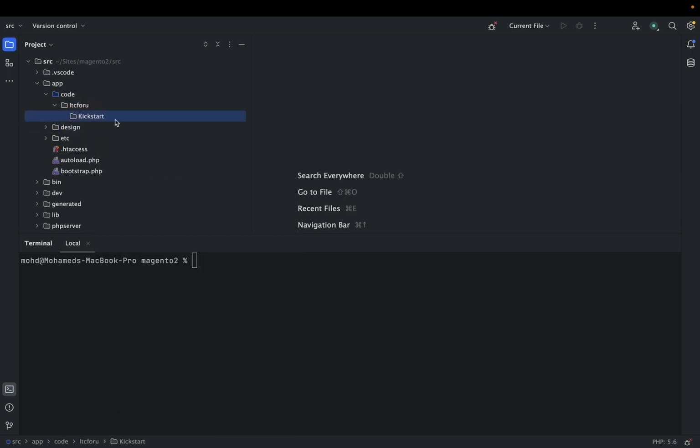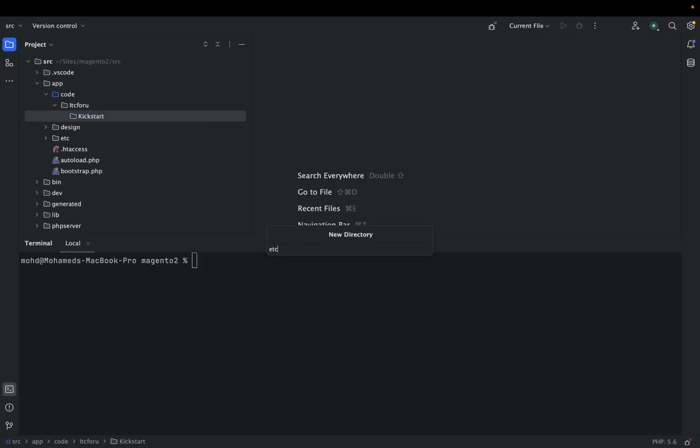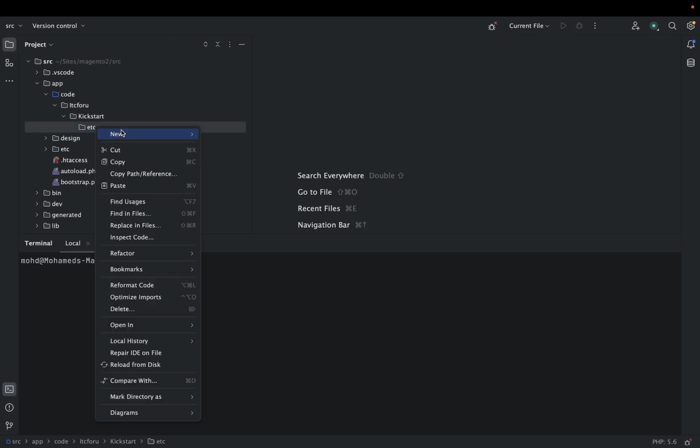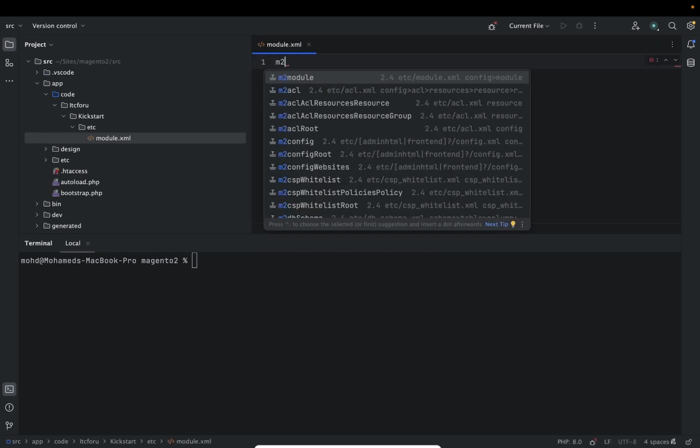Now we will create the module.xml file. Here I will first create an etc folder, because the module.xml file needs to be created in the etc folder, and we will create a new file module.xml. I will use a predefined template for